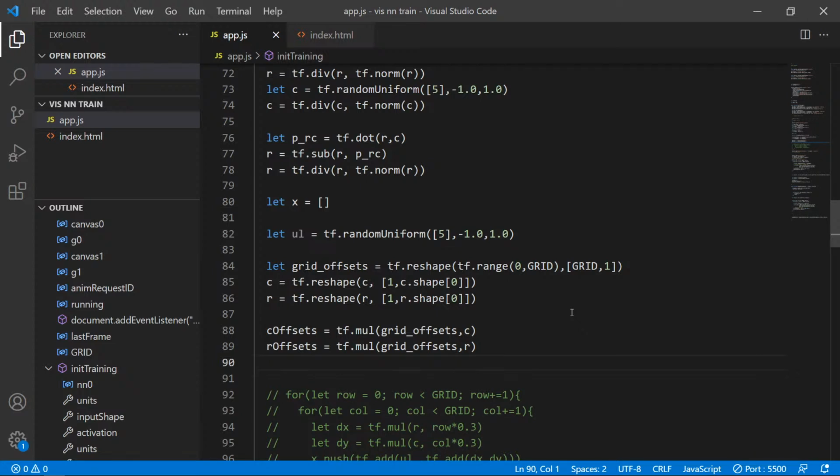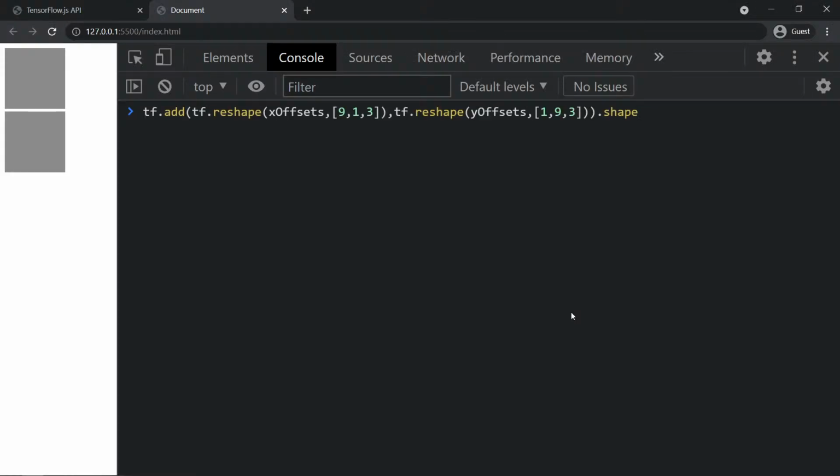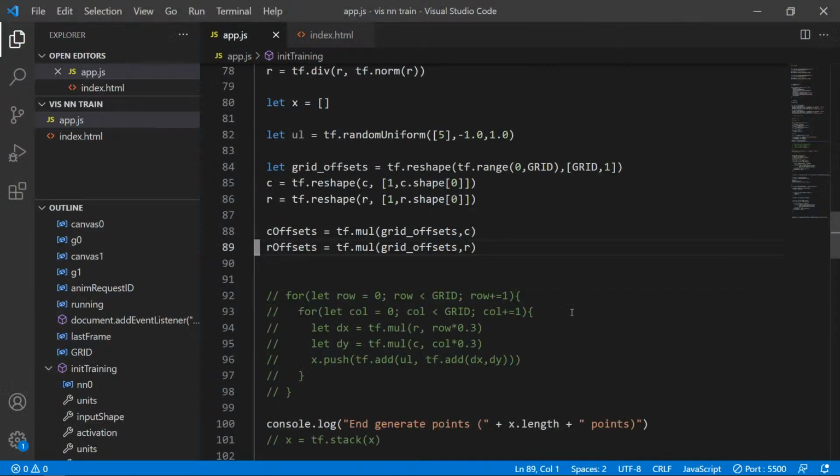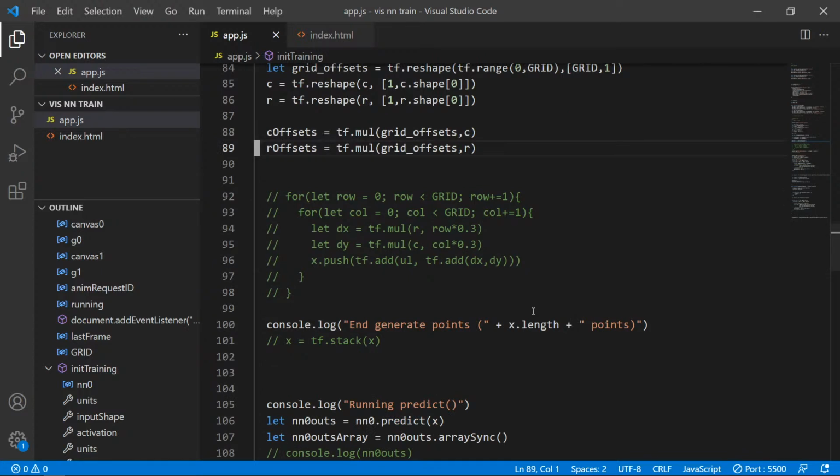Okay, so now we need to just take these guys and add them together. And I already forgot how I did that. How did I do that on the other thing? Oh, just like that. Okay, cool. So what we want to do is say x, which are the input points, is this. So this is C offsets, and